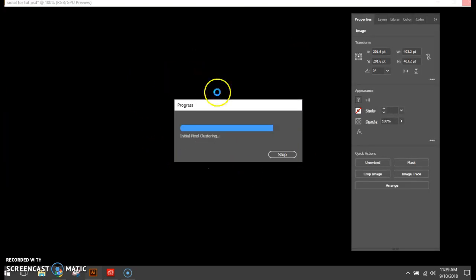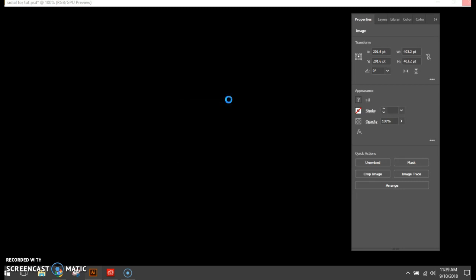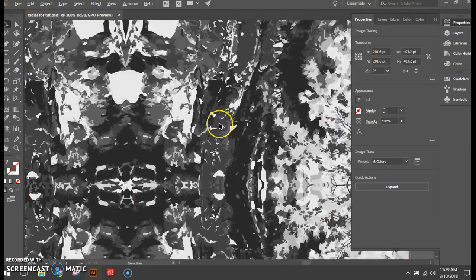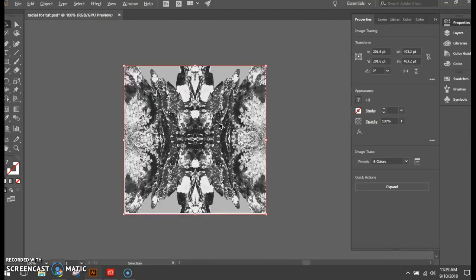If this bar comes up for you, this is the progress. It does take a little while to automate this in some of the designs, not all. Mine's just taking an abnormally long time. But when it's done, you'll see our design pop up, and it's going to look a little bit different. So if you hold down Alt and zoom in, you see all these smushy shapes, but there are only 6